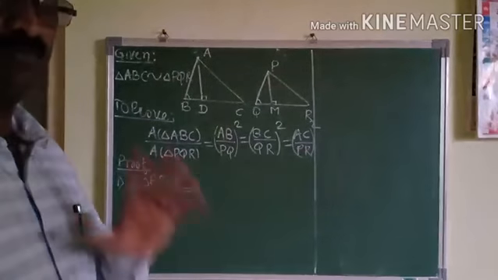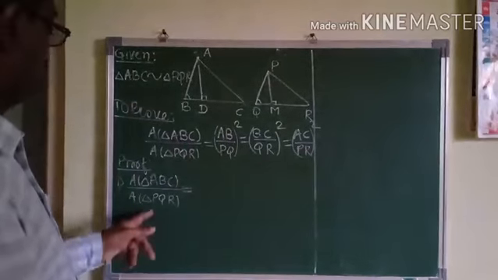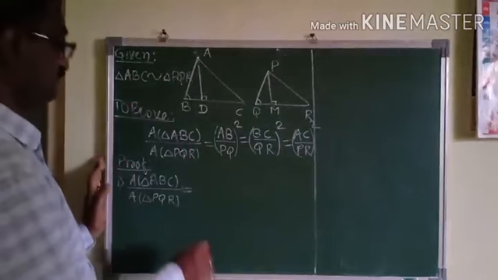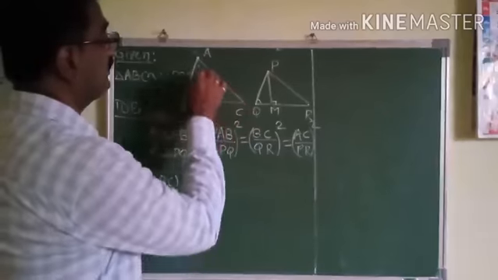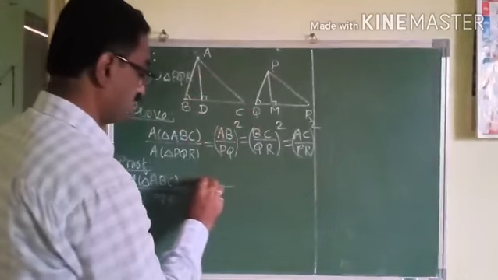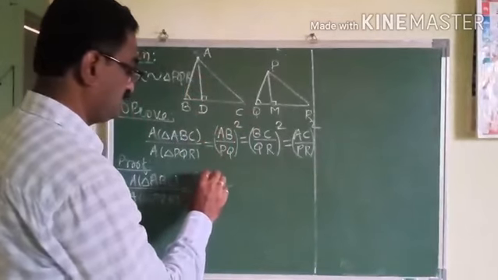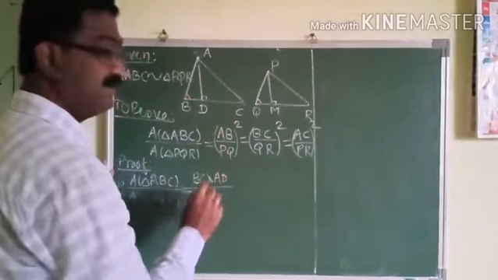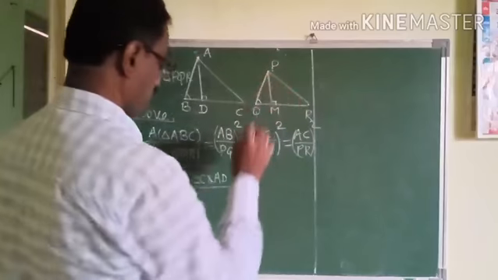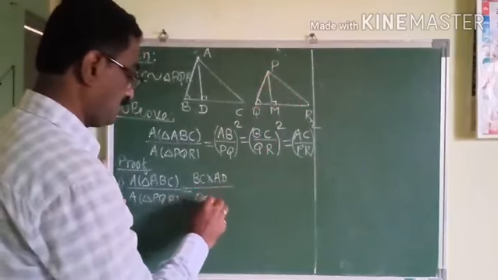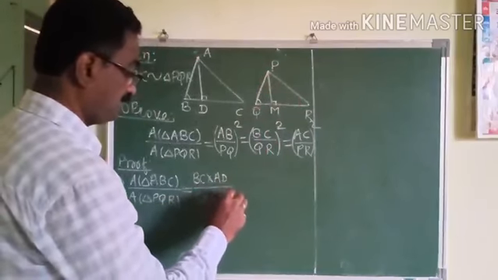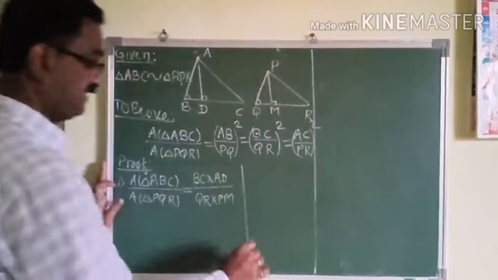We know the properties of areas of two triangles. Area of triangle ABC upon area of triangle PQR is nothing but BC into AD upon QR into PM. And the reason for that,